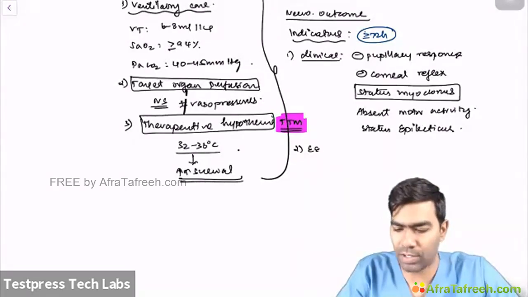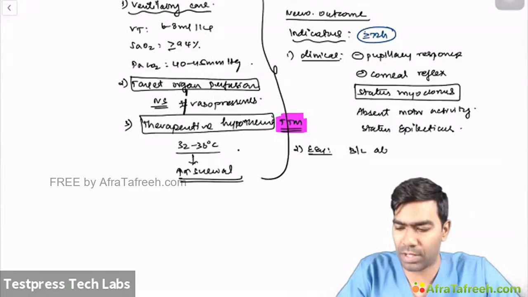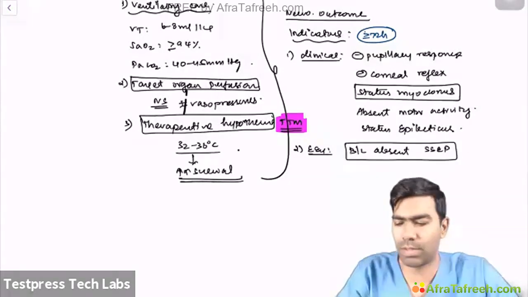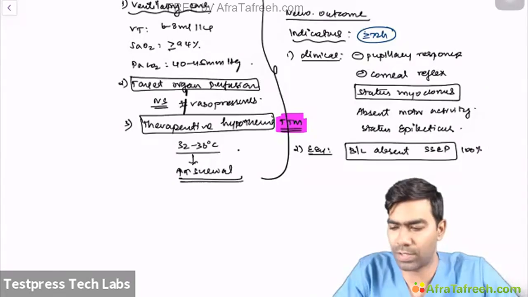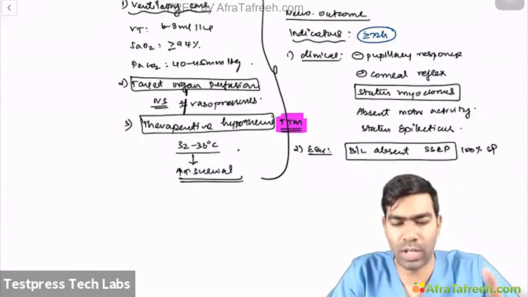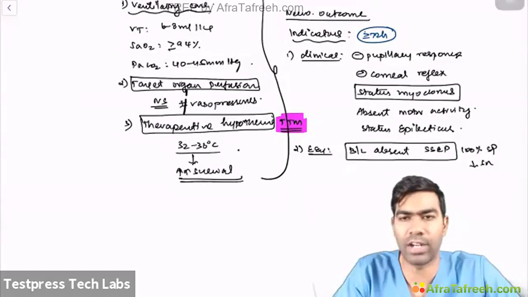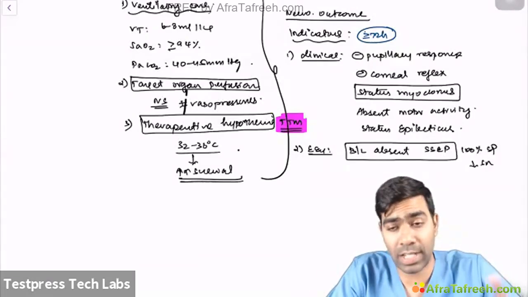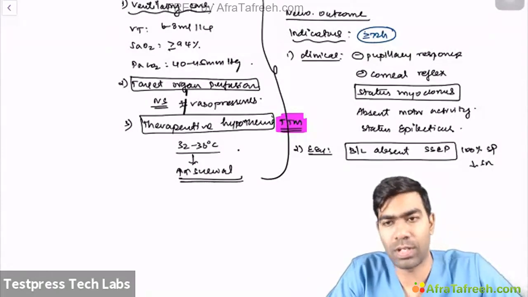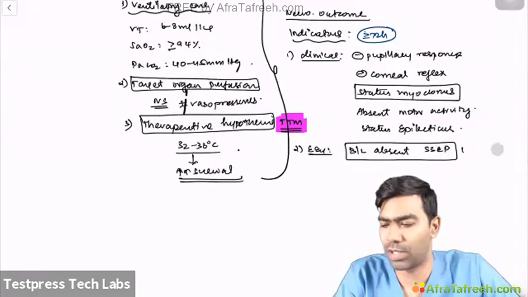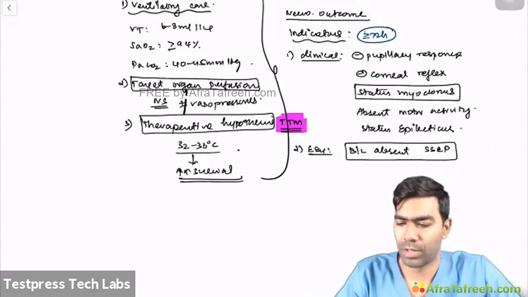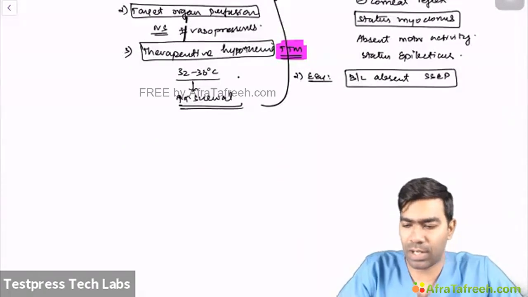And we have some EEG evidence also. Bilateral absent SSEP, that's called somatosensory evoked potentials. If it's bilaterally absent, this has 100% specificity to tell that the patient won't recover. That's the only one which can tell with 100% certainty. But unfortunately, the sensitivity is very poor, only 18 to 25%. But specificity is excellent, 100% positive predictive value that the patient will not recover neurological function properly. So bilateral absent SSEP. And apart from that, if the patient is showing a burst suppression pattern,